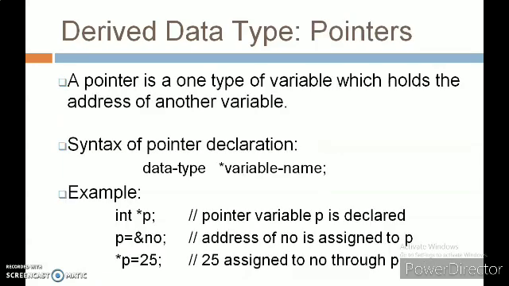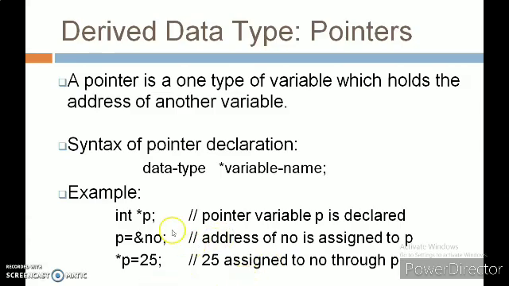The next derived data type is a pointer. A pointer is one type of variable which holds the address of another variable. The syntax to declare a pointer variable is the same as in C program: data type, star, variable name. Here star is a symbol which is known as asterisk.